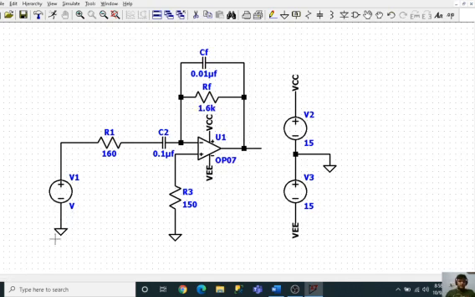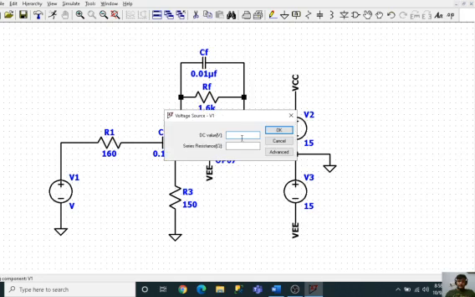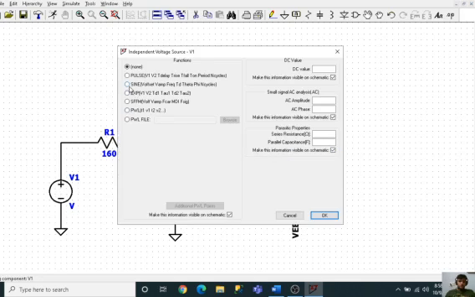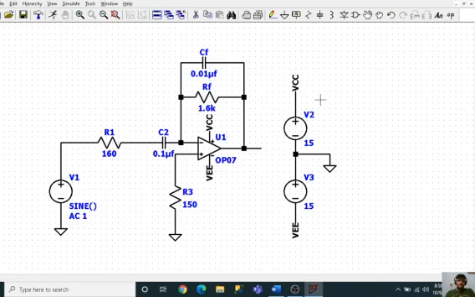So now over here we want to do our AC analysis, that is, we need a frequency response of this. So what we will be doing is right click, go to advanced, go to sine wave, and here write AC amplitude as 1, which signifies that we will be doing AC analysis.